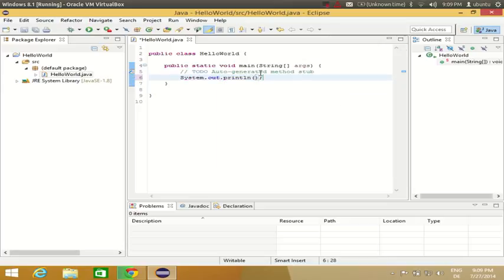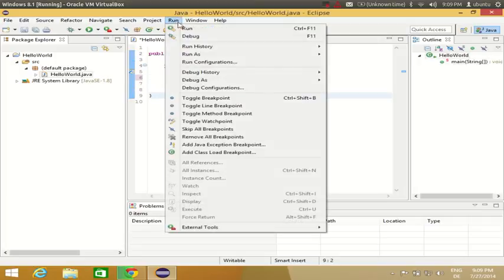So what I will do is give these double quotes and write hello world. Okay, so suppose I want to print hello world for the first time. I can do it like this, and then I need to run this. So I will just click run,